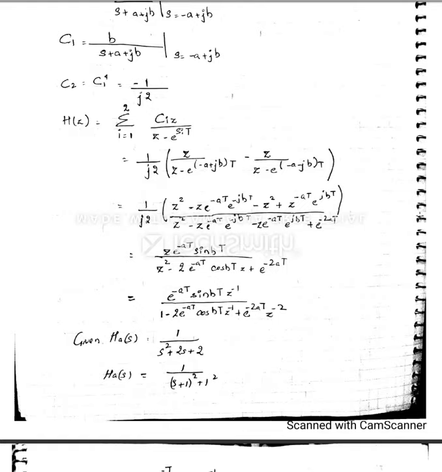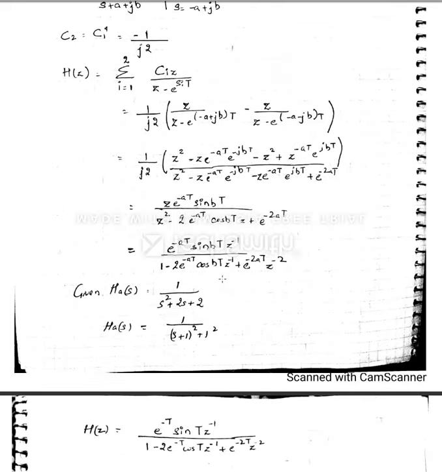Take the LCM, multiply the terms whichever are not there in the numerator, then you can bring in the terms with respect to e to the power to get your sin bT and cos bT. So you have this 2j term also. Whatever is for the sin theta and whatever is for the cos theta, you can bring in the term. The second and the fourth term together will give you your sin theta in the denominator. The second and the third term will give you the cos theta term. So we end up proving it here.